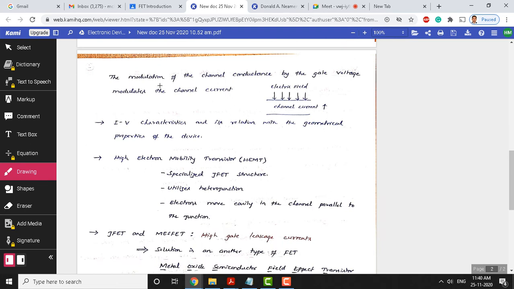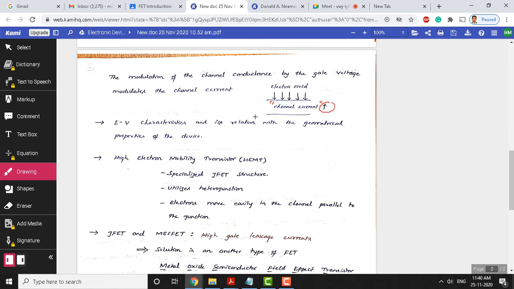The modulation of the channel conductance by the gate voltage modulates the channel current also. So, the voltage that we applied and the electric field that resulted can be used to control the conductance of the channel, and the channel current itself can be increased or decreased by varying the gate voltage here. That is what I have shown in this diagram. This diagram shows that channel current can be varied accordingly.